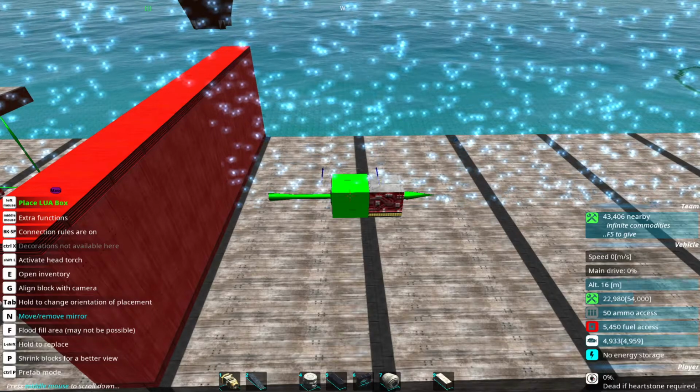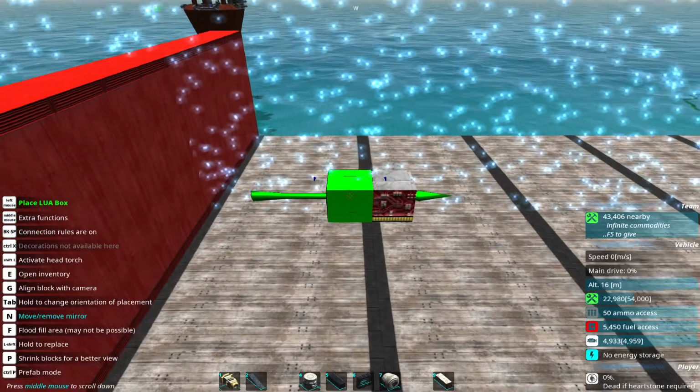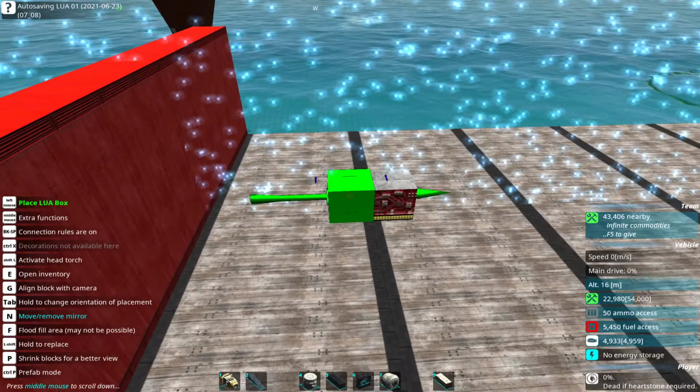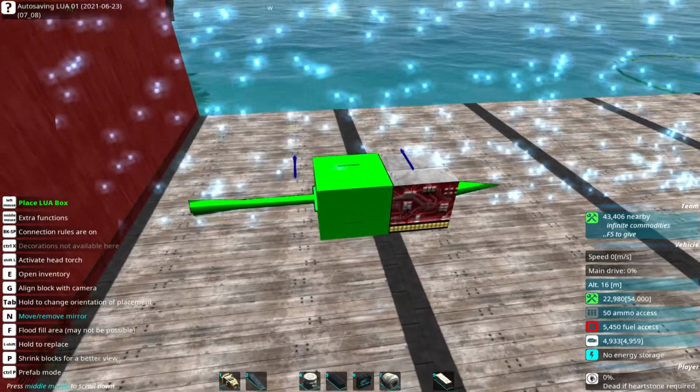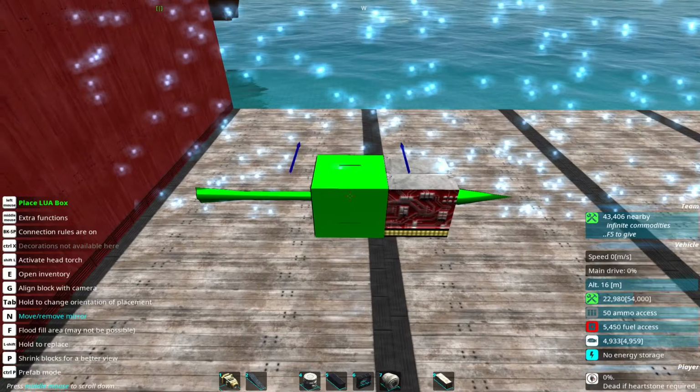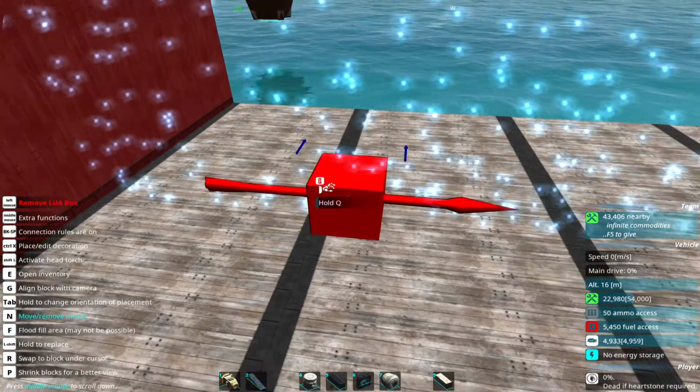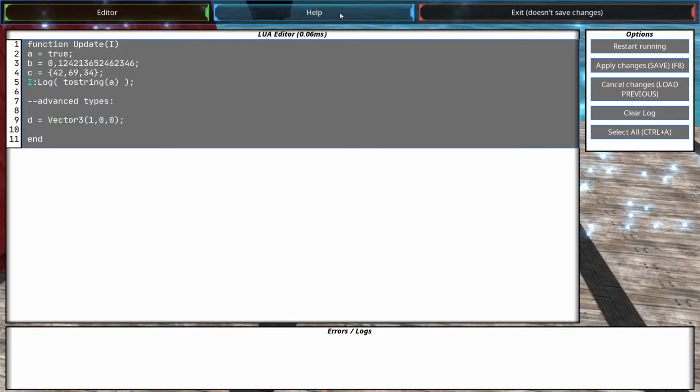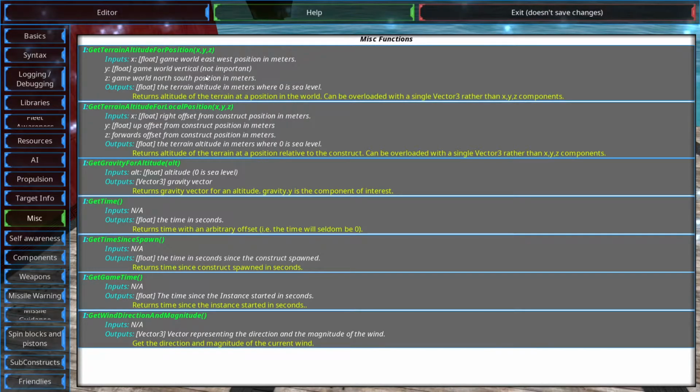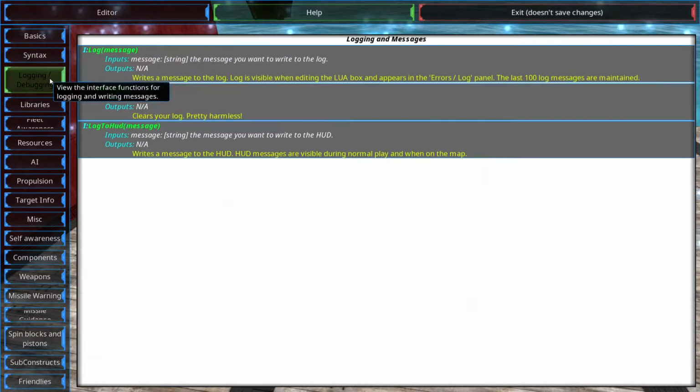Hello everyone and welcome to the second part of my Lua tutorial series. Today we are dealing with all the different types of variables you can use, because there is a difference between them. If we just look into all the functions which exist, you can recognize that, for example, let's use the